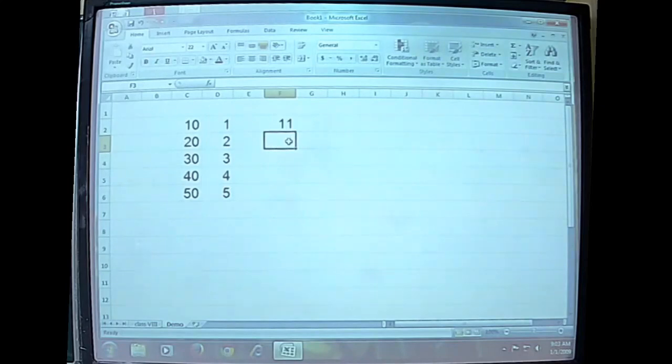But instead of doing that, it is possible to copy a formula from one cell to another cell. This is called the fill handle. Using this fill handle, see how the cursor changes to the shape of a cross. At that time just click and drag, and drag this formula.